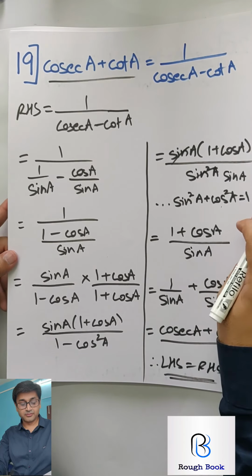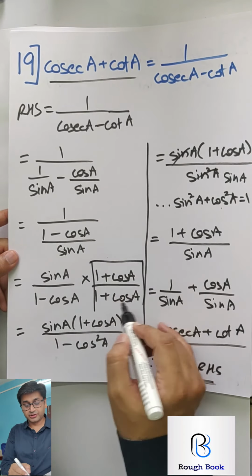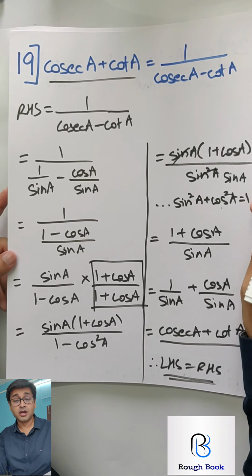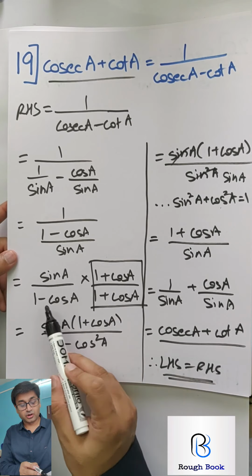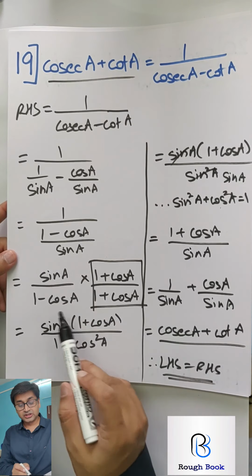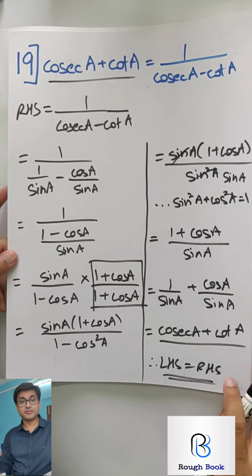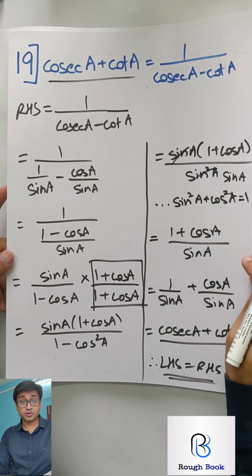This was slightly technical because a new technique we had to introduce over here is called rationalizing the denominator. So how will you rationalize the denominator? Take the conjugate. Conjugate means opposite sign. Once you take the opposite sign, then it becomes very simple. So we need to build on such sums also. Next one, sum number 20.